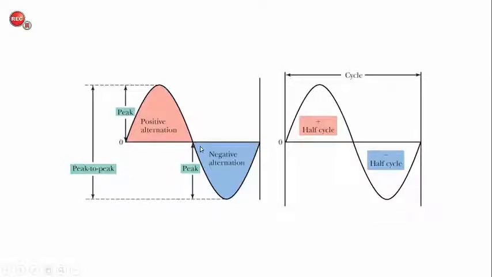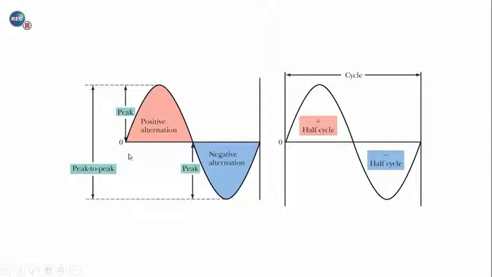And we also have a similar peak value for the negative alternation. They have the same absolute value, but for the positive alternation, the peak is a positive value. For the negative alternation, the peak is a negative value. We also have what we call the peak-to-peak, and that is the difference in the positive peak minus the negative